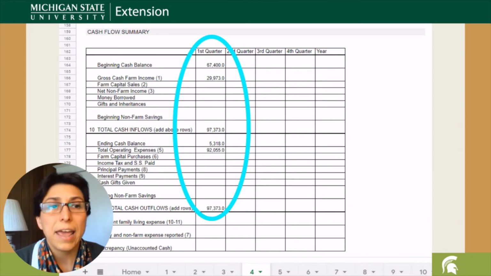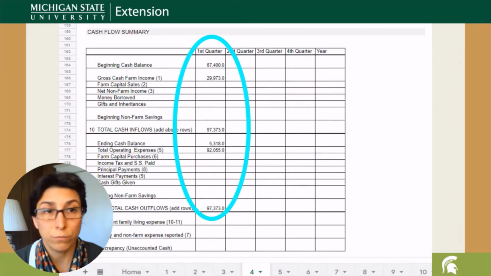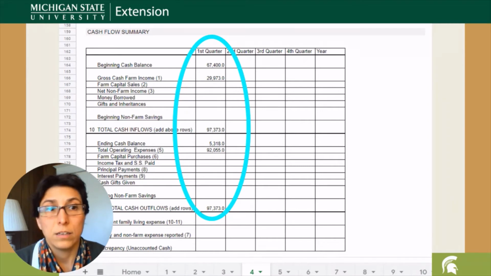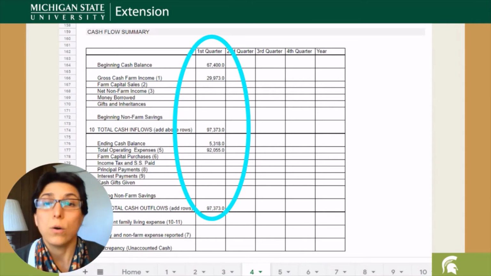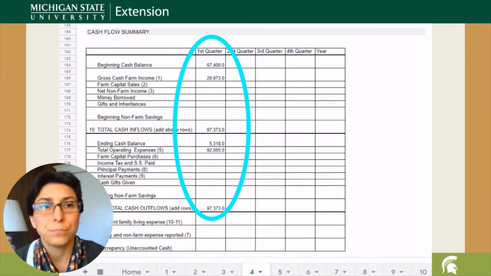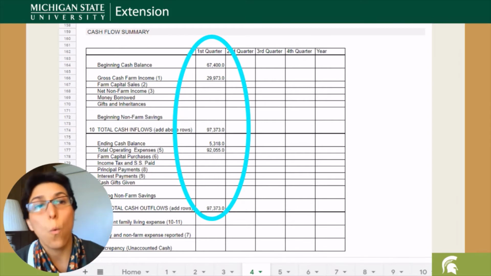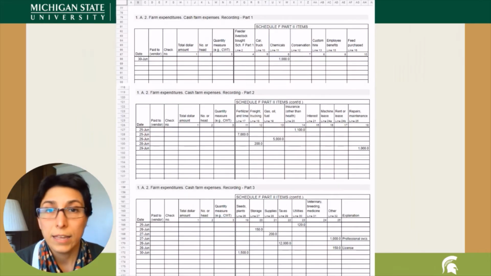So that means that I have gone up to page 4 for the first quarter. And as you can see at the bottom of page 4, I have checked that my beginning balance plus my income minus my expenses are equal to my ending bank balance, so the amount of money that I had at the end of the first quarter. So inflows equal outflows. So now that I'm about to finish my second quarter, I'm first going to go to page 1, back again, and I am going to finish entering